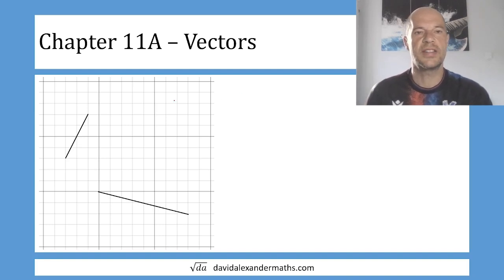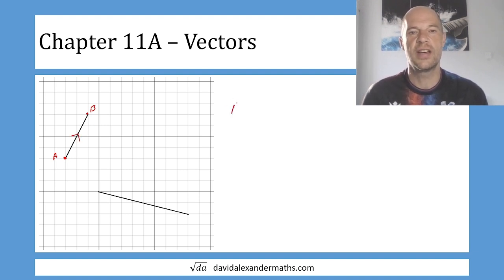Okay, so what are vectors? Vectors are directed line segments. In other words, they are lines that have direction. So this line here starts here. If I call this point A and it finishes here, let's call that point B. So this vector, if it's going in this direction, starts at A and finishes at B. And I could call that vector the vector AB, with the letters AB and an arrow indicating that we're going